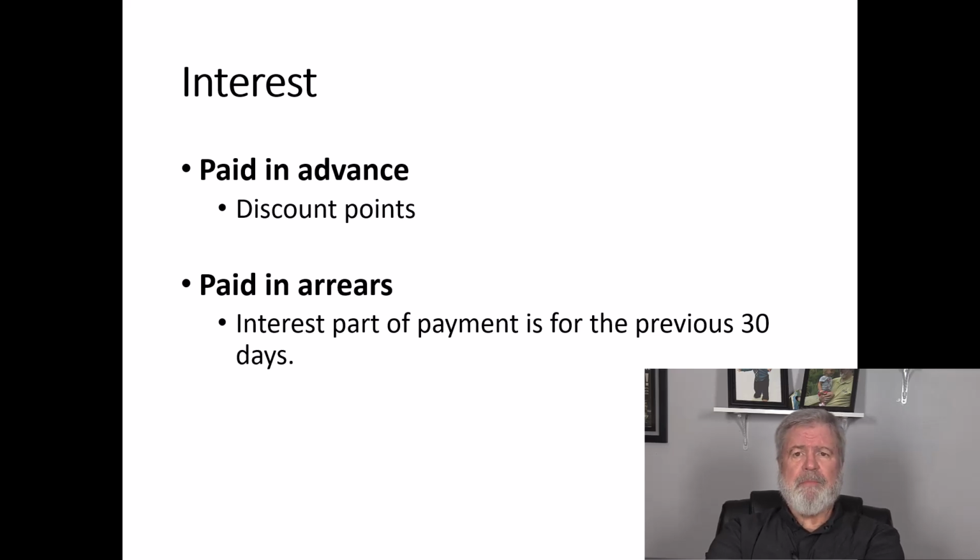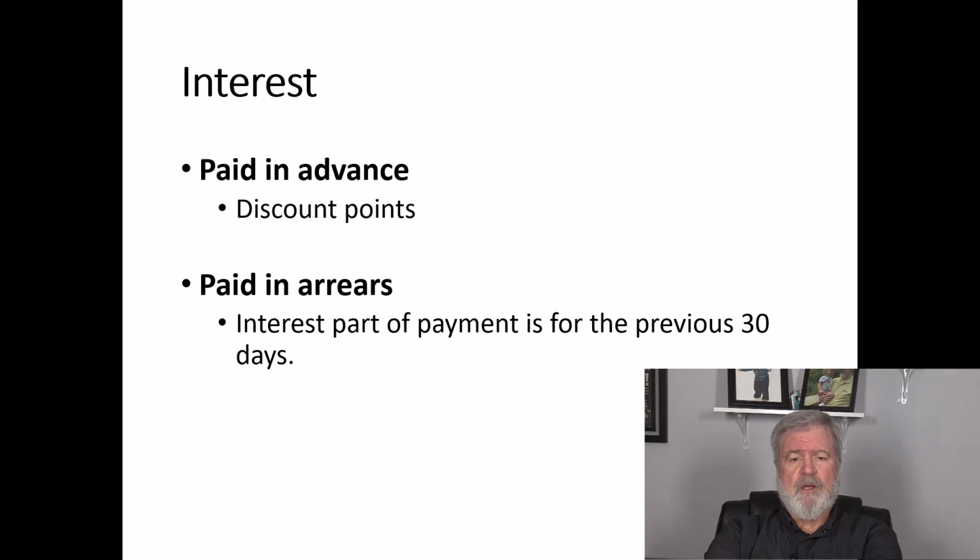Now, why does that matter? Well, because when you make that payment on August 1st and additional payments each month, the interest portion of that payment, at least for the one you made on August the 1st, included in that payment is the interest you owed from July 1st through the end of July. That's what they call interest paid in arrears. Because every time you make a payment, the interest portion that you're paying is for the previous 30 days. It's not for the upcoming 30 days. It's for the previous 30 days. So, we call that interest paid in arrears.